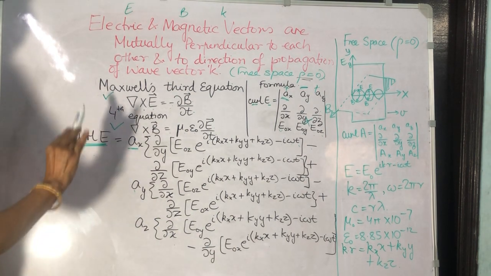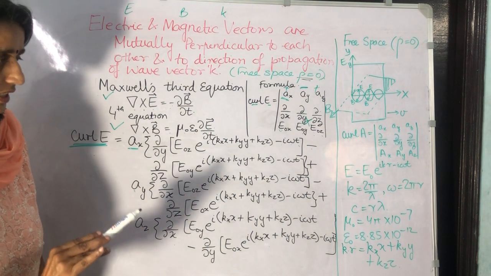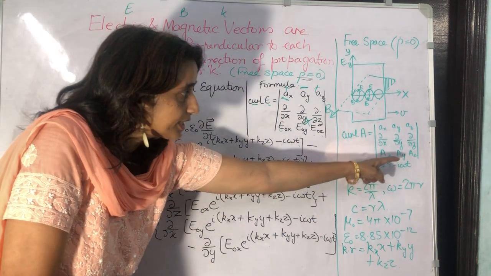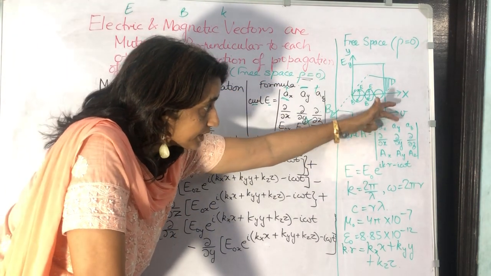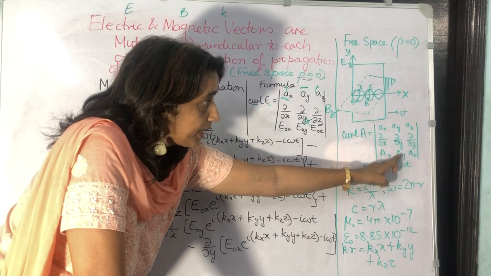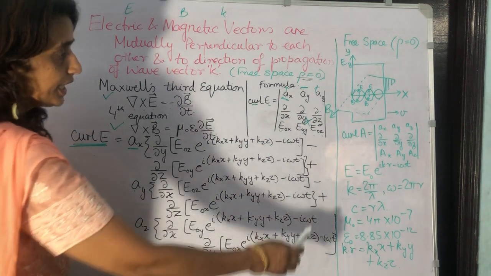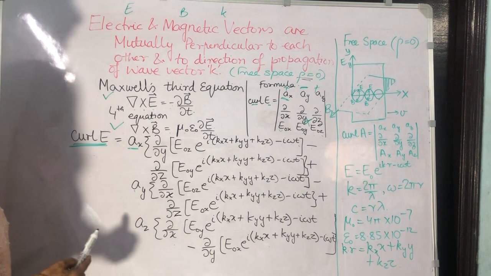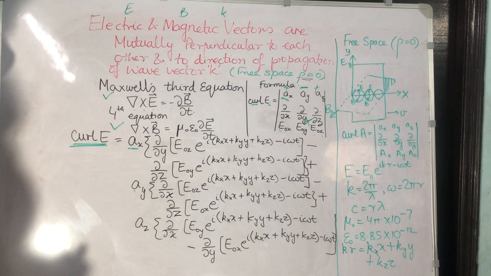Before we begin to prove this, we will require certain basics of vectors, which I will explain to you. See, the curl of any quantity is given by the solution of this matrix, which we solve by taking the first term first, into this minus this and this minus this, with a negative sign for the middle term. I will explain it here. The electric field is equal to E naught e to the power of i k dot r minus i omega t, where k dot r is kx x plus ky y plus kz z and omega is the angular frequency.